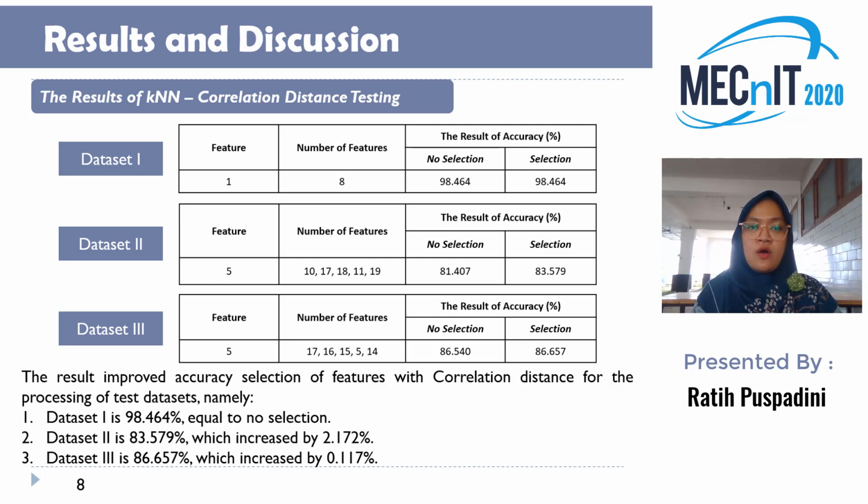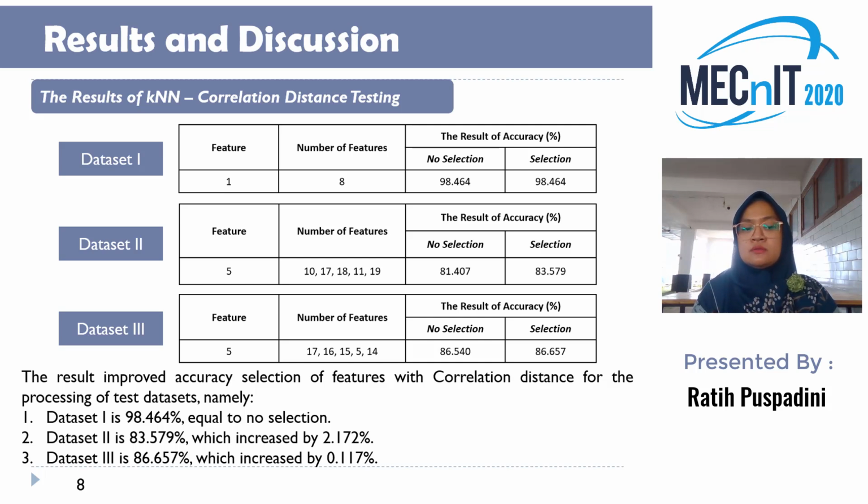The results of KNN with correlation distance testing. The second testing was done by calculating the accuracy of the feature selection with correlation distance. Between feature and data class, the one with the smallest distance or resemblance will be selected, and then the feature selection process will be performed. Data classification test result with the KNN algorithm. The feature selection of correlation distance is as follows